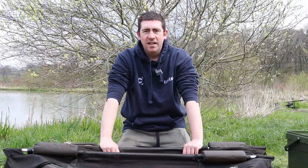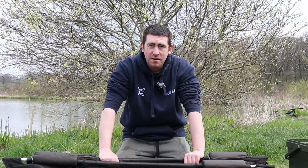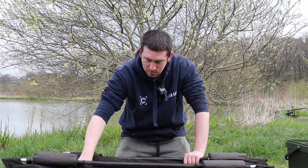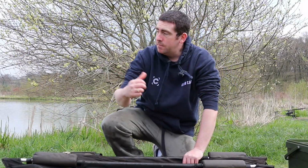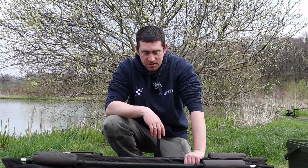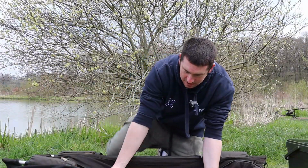Well carpers, as you all know, me, Lee Boy and Alex have just done 48 hours on Meadow Lake and unfortunately we blanked. So we've come over to Oak Lake and literally put this middle rod out to the island and literally within 5-10 minutes